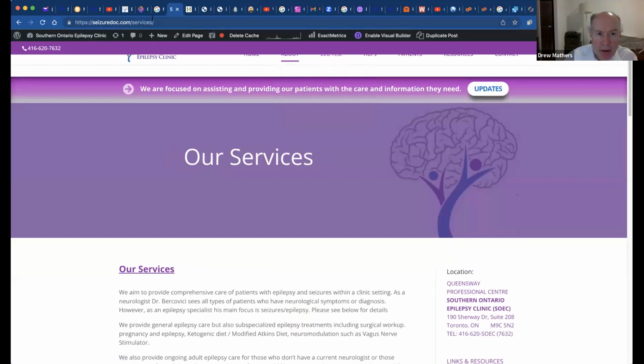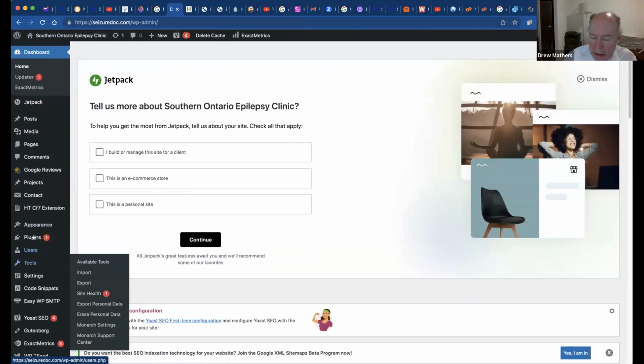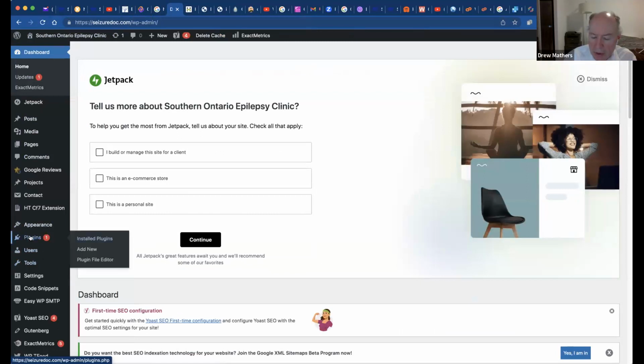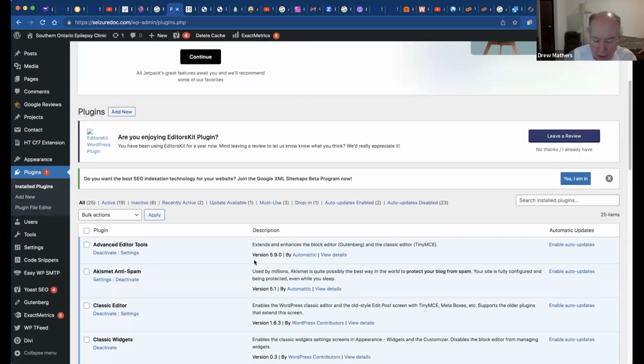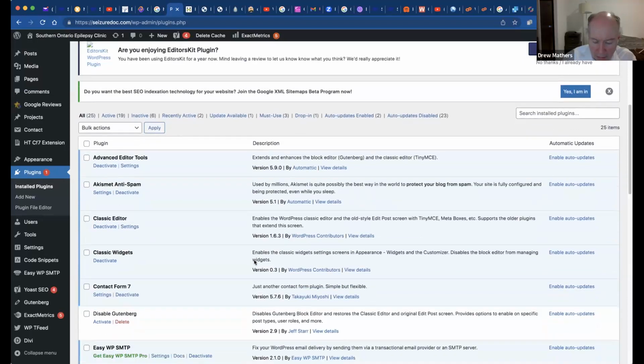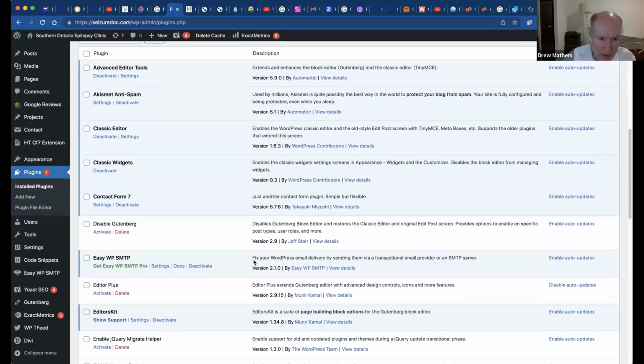Another thing that can cause issues like this is optimization plugins. Some optimization plugins do things like minify and merge CSS files and JavaScript files.